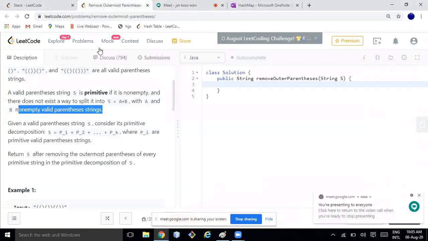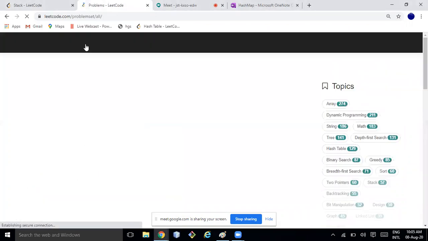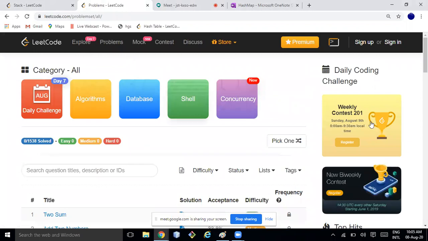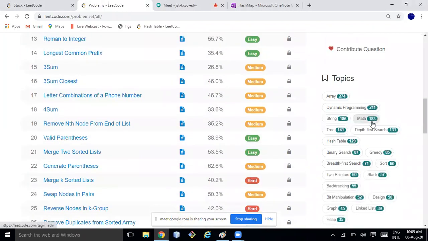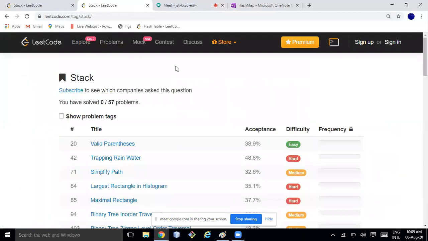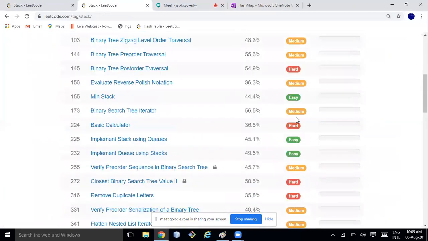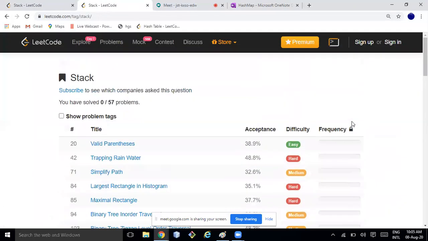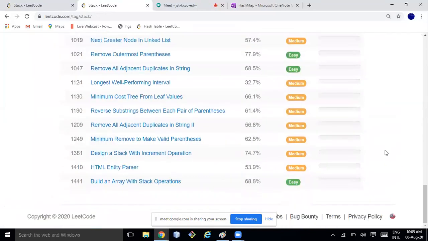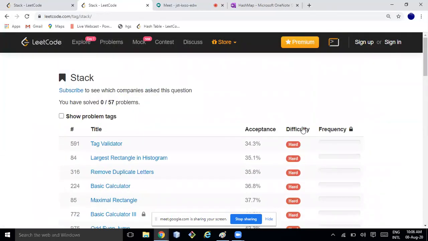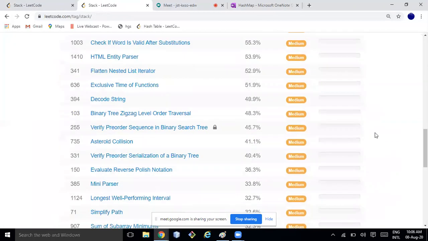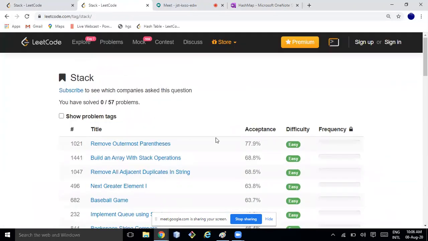So as I told, in this next class, I will be solving some LeetCode problems related to stack, and we have covered the concepts related to stack and solved some of the classical problems related to stack. Okay, so I'll go directly to LeetCode and I'll search for stack, and I'll sort it by... 1 second. I think I need to select it once. Yes, I need to log in.